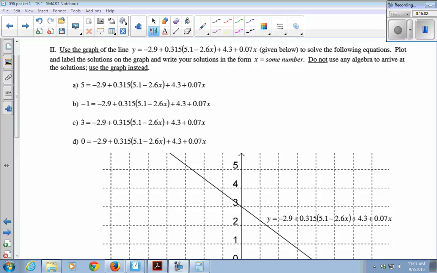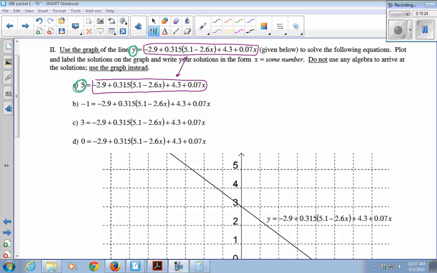So I'm just going to outline this whole mess in pink, right? So the equations I actually want you to solve have the exact same mess. It's the exact same thing. Those are the same, right? So the only thing that's changed is instead of a y, instead of a random letter y, now I have